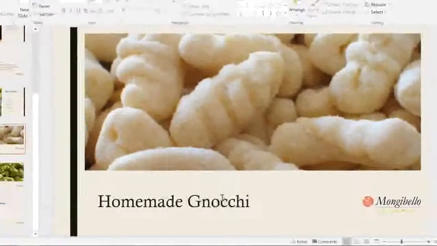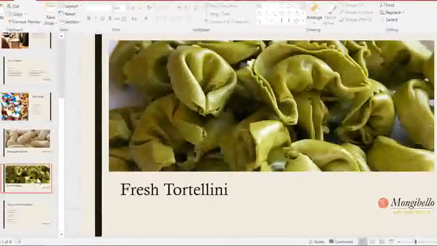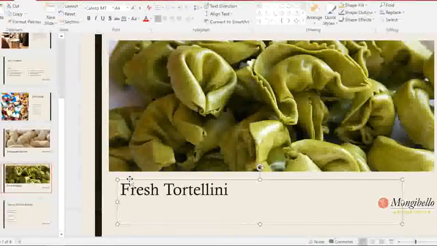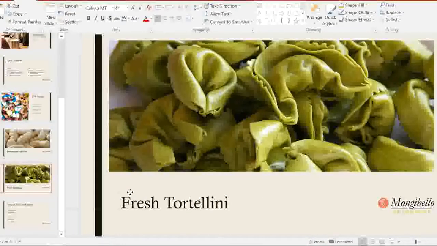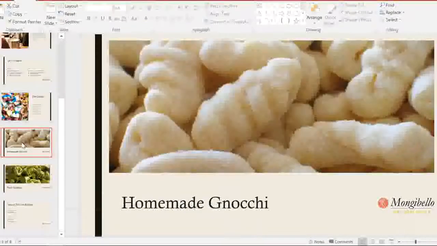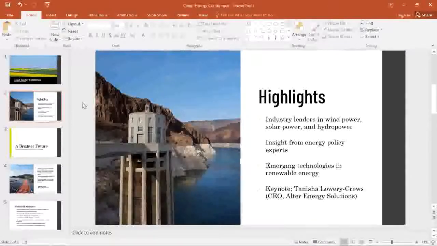The cool thing about these guides is that they'll stay in place as you go between slides, ensuring your slides stay consistent. Guides make it a little easier to create a well-organized slideshow, so don't be afraid to give them a try. If you're presenting your work on someone else's computer, and they don't have every font in your presentation,